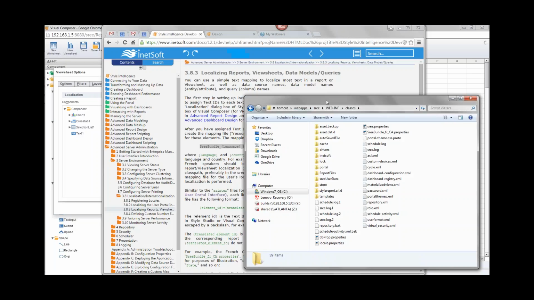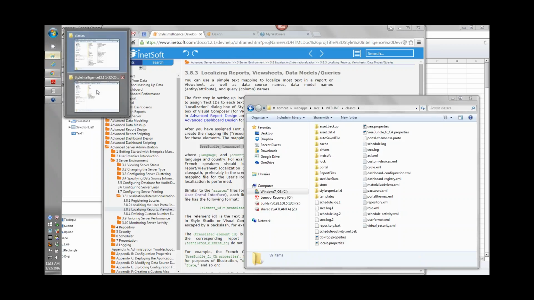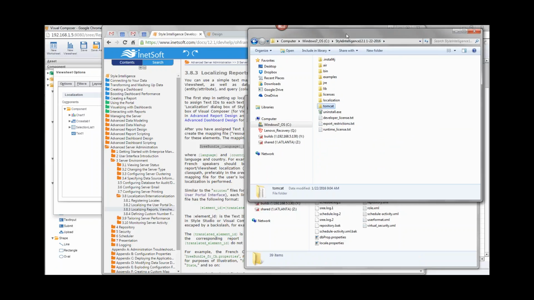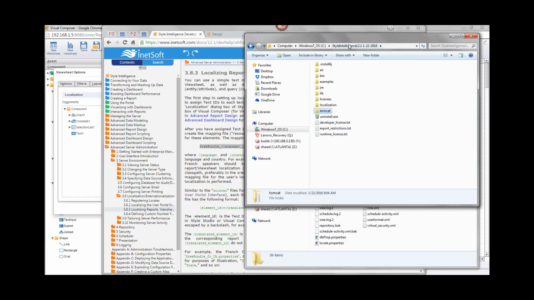I'm going to go into the, let me make sure I have the right, all right, so this window that I'm looking at is my installation of Style Intelligence, and what I'm going to do is go into the server tree, right? This file needs to be placed on the server, in this location, in webapps/sree